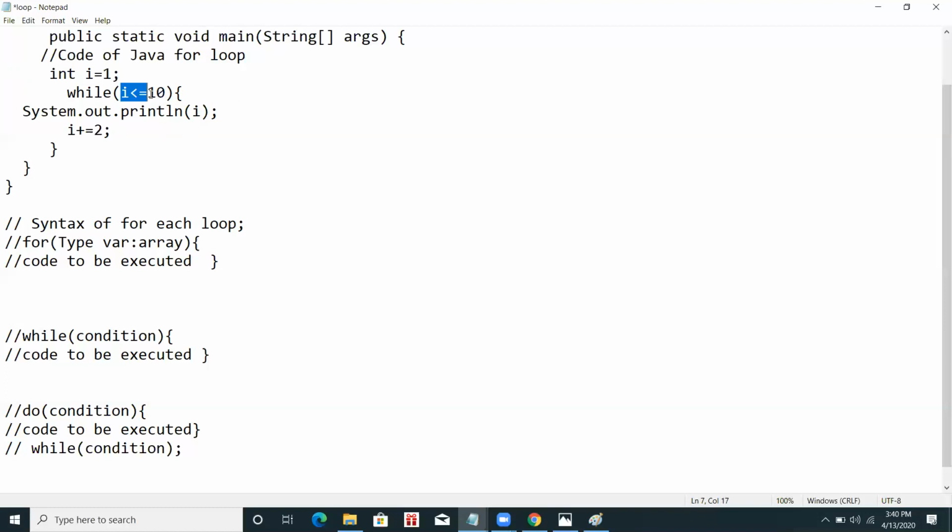A while loop is used when we do not know how many times the loop is to be executed. And a for loop is used when we know for how much time the loop is to be executed. So the main difference between the while loop and the for loop is this only. A for loop is used for a fixed number of iterations. A loop is also known as an iteration. And a while loop is used when we do not know the number of iterations.